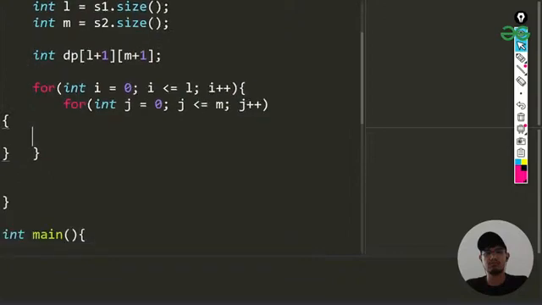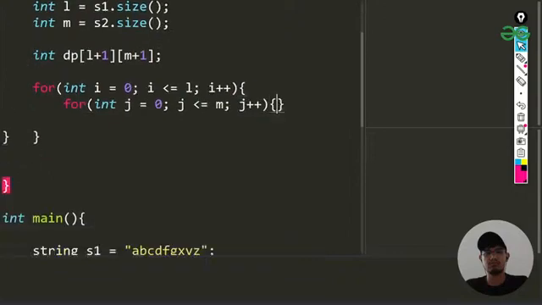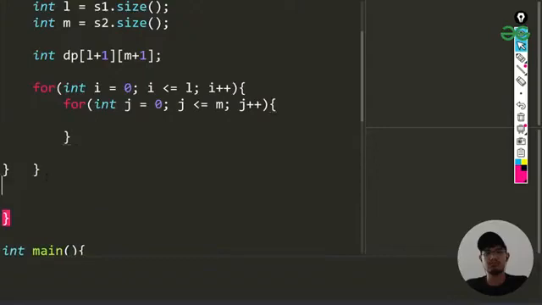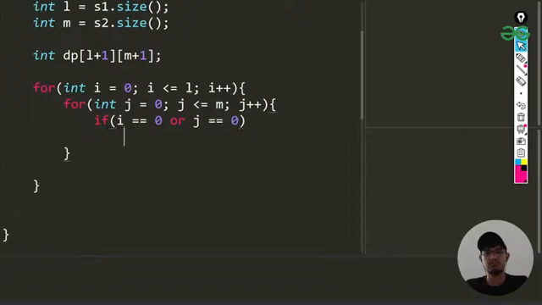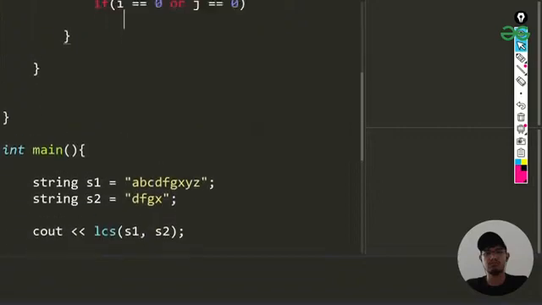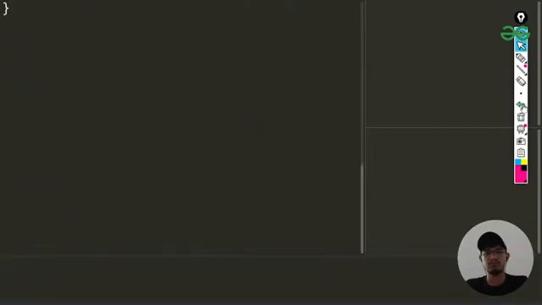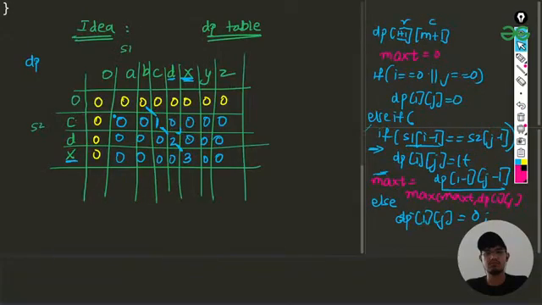Okay, we just reduce the size, and here is this part. Let me remove the extra one. So here we have these two for loops, basically a nested for loop, and now we are going to be iterating. So we have seen three conditions. Let us talk about each and every condition. So first condition was that if our i equals 0 or our j equals 0, which means we are in the first part. Basically we are in this part. I'll show this. So these all zeros are there, right? So this is basically when i equals 0.